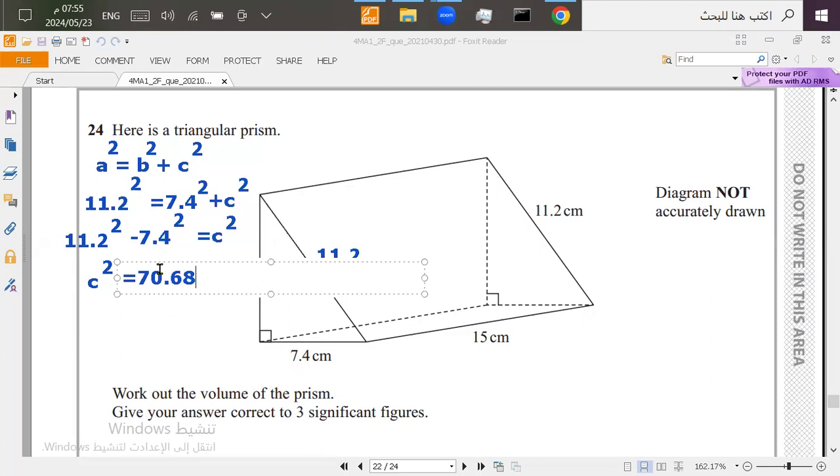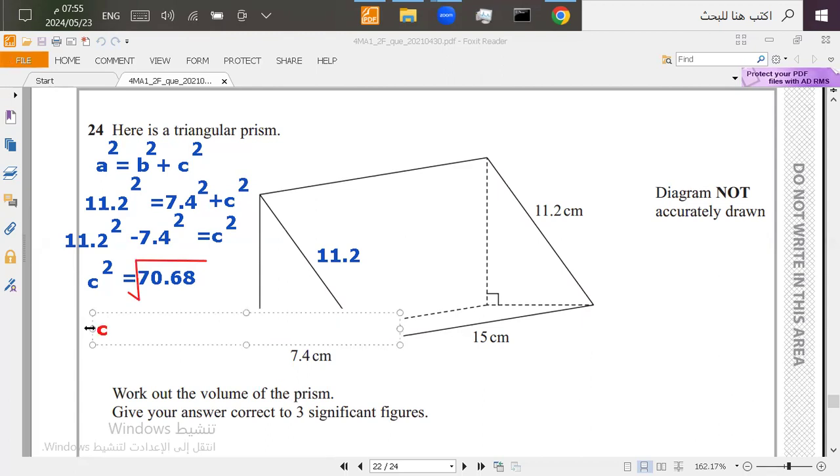Now I'm going to use square root to remove the square. So this one is going to be square rooted, and then I'm going to find the number here. At the end of Pythagoras, you always square root the number so you can find the length of the line that you're trying to find. So c equals 70.68 square rooted,